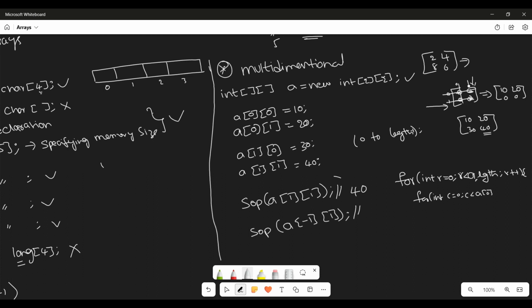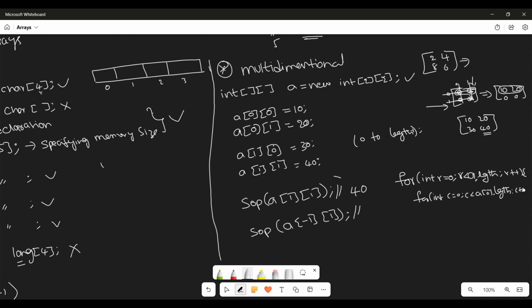These are the rows, these are the columns, right? So I am trying to find how many columns there are. If I take any one row, only this part, this is the first row's column size. The remaining second row has the same column size, right? That's why I specify the first one, array of 0 dot length,